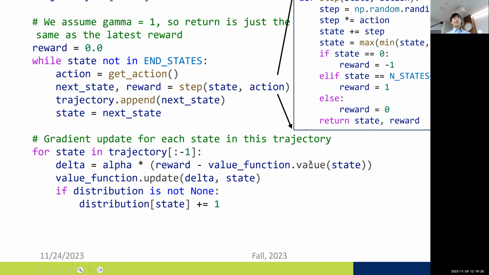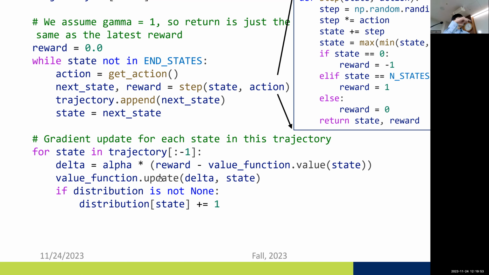So we want to get the current value of a particular state. Initially, all the state values will be 0, but after a while they will be updated, right? Then we calculate this error, times the step size, put in the delta, and with this update process, the value is just the value of the state, and the update is actually